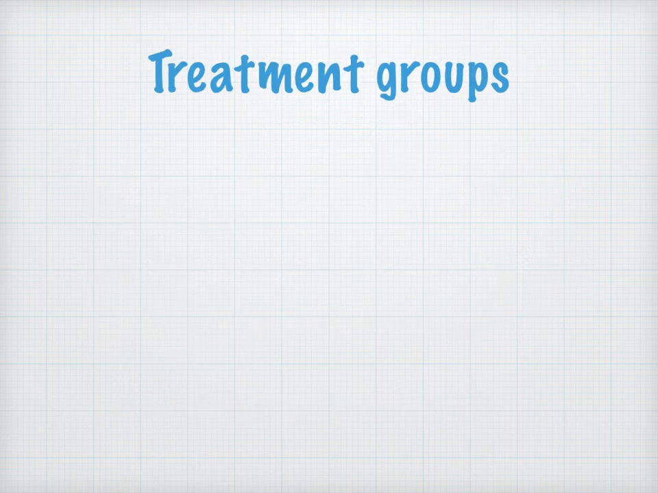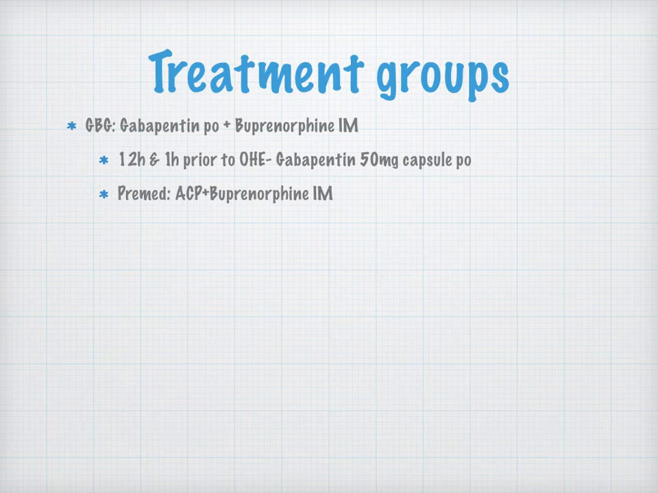There were 3 treatment groups. The first one, GBG, involved treatment of gabapentin and buprenorphine. The cats in this group were administered a 50 mg gabapentin capsule 12 and 1 hour prior to OHE surgery. The cats were premedicated with acepromazine 0.02 mg/kg and buprenorphine 0.02 mg/kg as a single injection into the lumbar epaxial